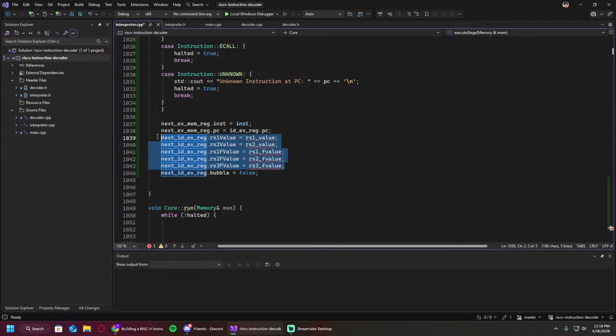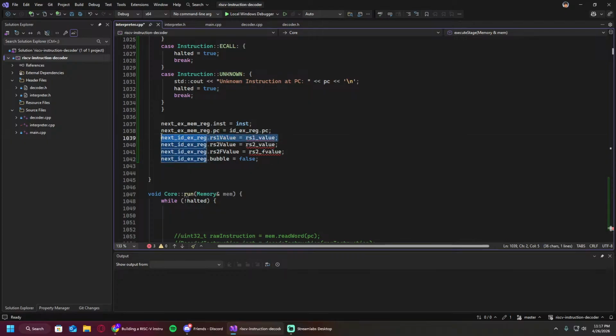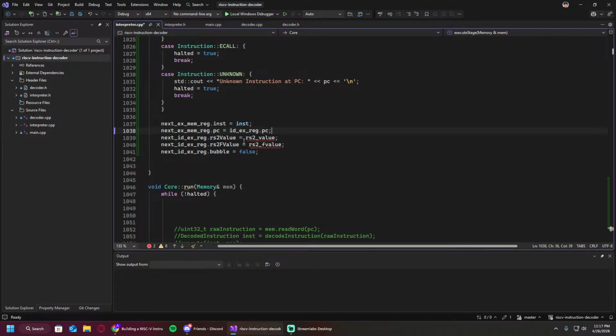We wouldn't need any of these though. Well, I guess we would need rs2 and rs2f values because they are used in the next stage. But we can get rid of the rs1 and the rs1 here. We can keep those. So XMM for these two. And it's gonna be the